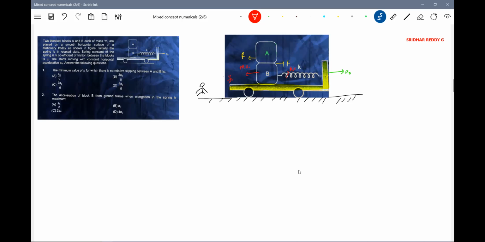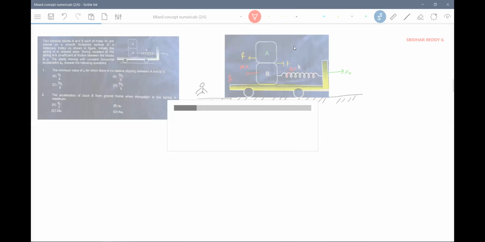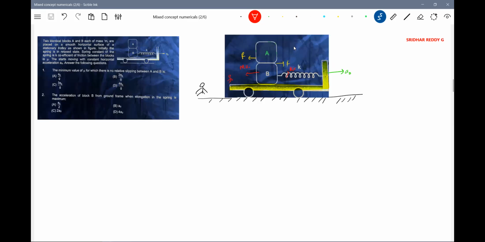First of all, is my diagram correct or wrong? Intentionally, I'm putting it either way so that you analyze. I think here, see, it's like two blocks. You treat this as one end of the spring, this one. So first, what will happen? This will not move. First, this end will move. So if you start working in the ground frame, things will be a little bit easier for you rather than directly jumping to the trolley frame. So first, what will happen as you start moving? This end you are accelerating, no? Then this will get elongated.